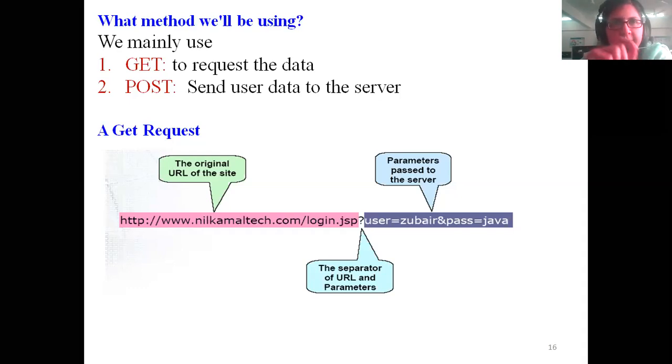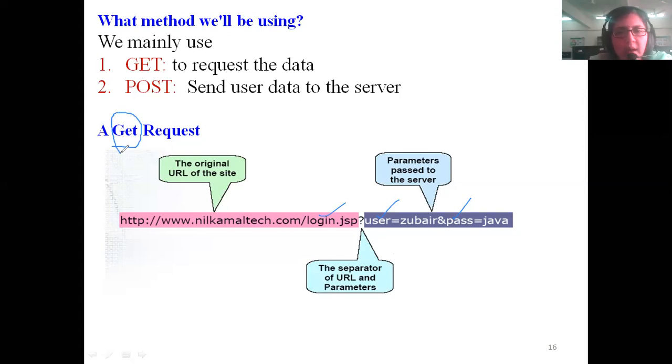So you can see that on the Google page, on the taskbar, the URL would have changed. Along with the www.googlegmail.com, you will also be seeing something called login, the parameter you typed, the user, and the password you have typed. This kind of method is called the get method, where you are requesting that the home page be opened based upon the username and the password that you are typing.